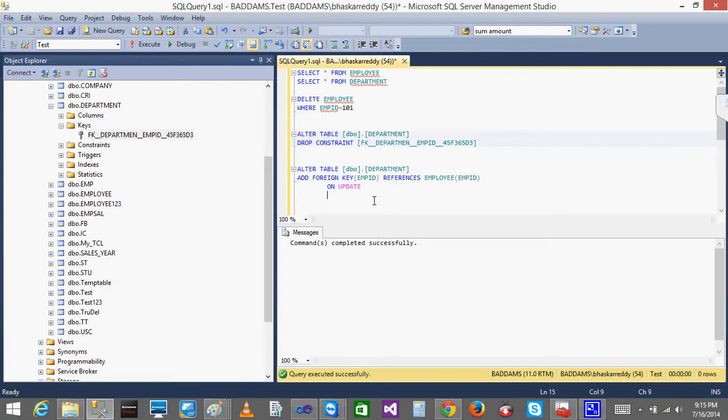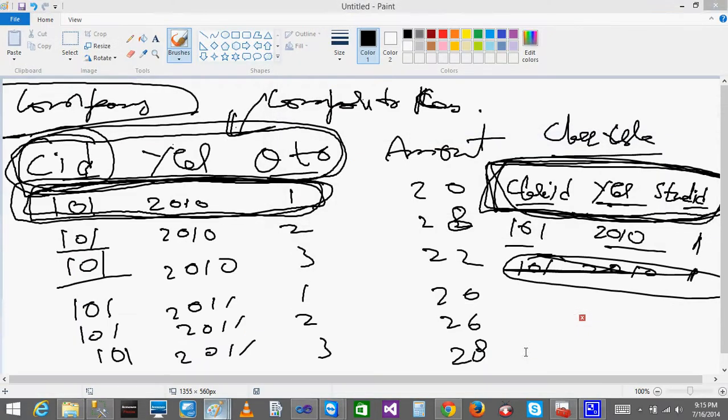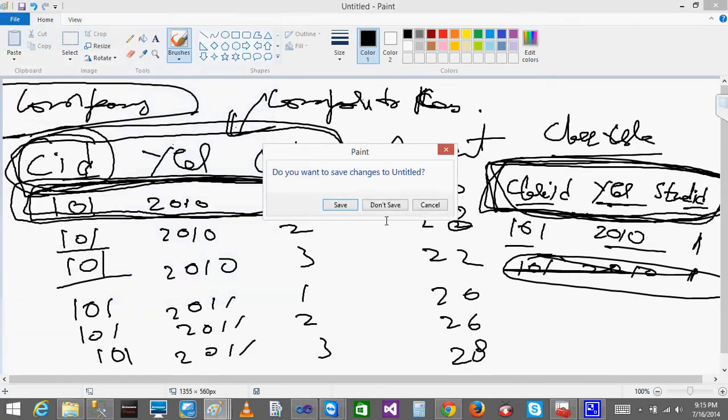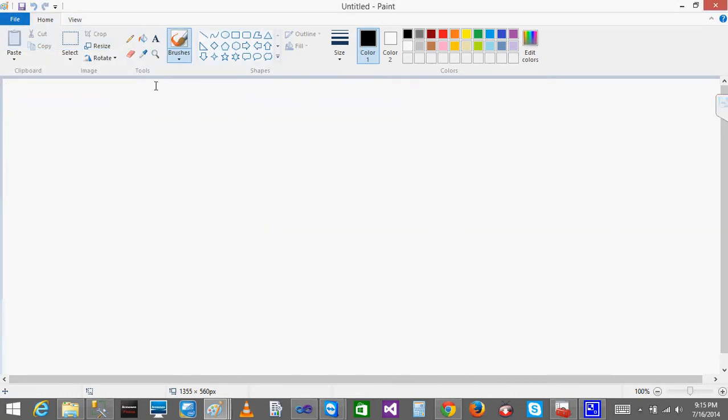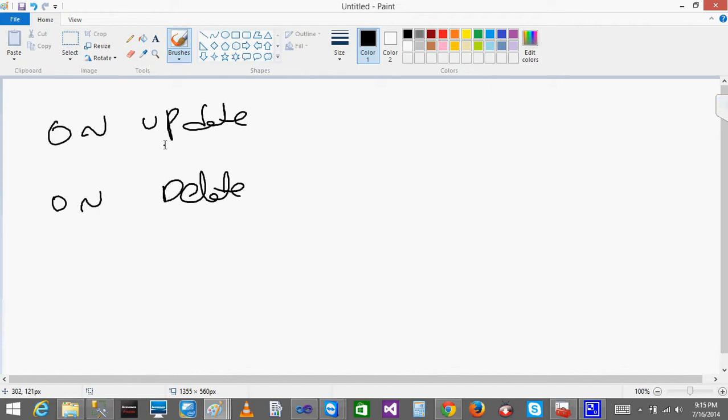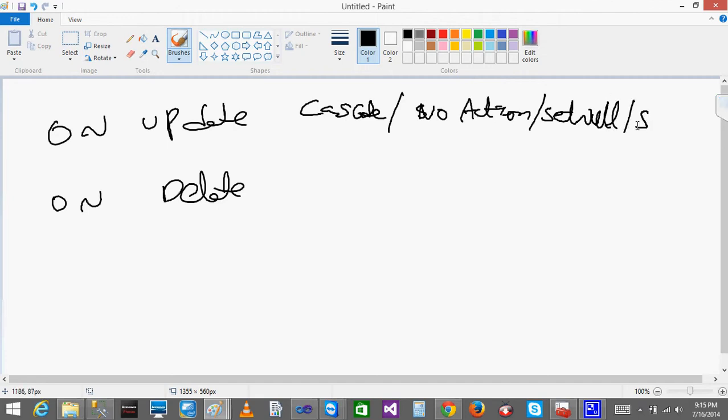In the constraints we have different types. Normally you will have on update and on delete, meaning whenever you update or delete the employee table's EMP ID, what should happen? Here you get different options: cascade, no action, set null, or set default.